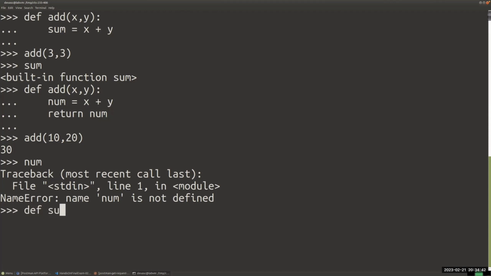So what if I said subtract? We're going to take in two arguments here, right? So we're going to say define subtract, x, y, and I can't remember what it is, so let's call it num again. And we'll say num is x minus y. And let's do return num. And then we could do another function called divide, and we'll say x comma y. And this is going to show us what happens